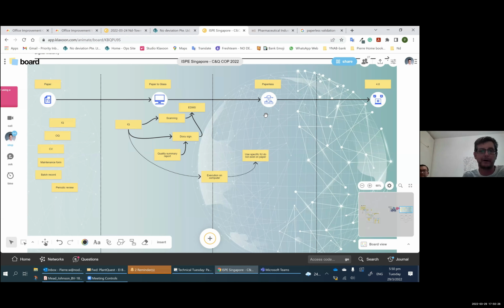When we do it on paper, we write a URS, and then we write tests, and at the end, we write a quality summary report, putting on paper those links, eventually, paper to glass, by putting hyperlinks, so it's easier to retrieve the test. And if we go paperless, we proactively link all those things in the database, so I can ask the system, did I link all my user requirements before approving my IQ or my test protocol, right? To make sure I didn't forget any, and it's not in the quality summary report that I realize I forgot any.